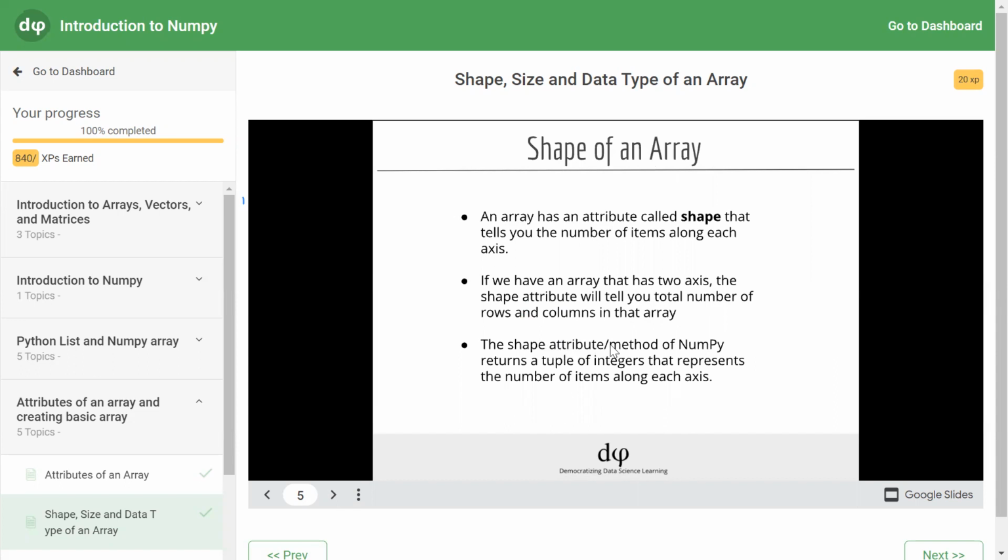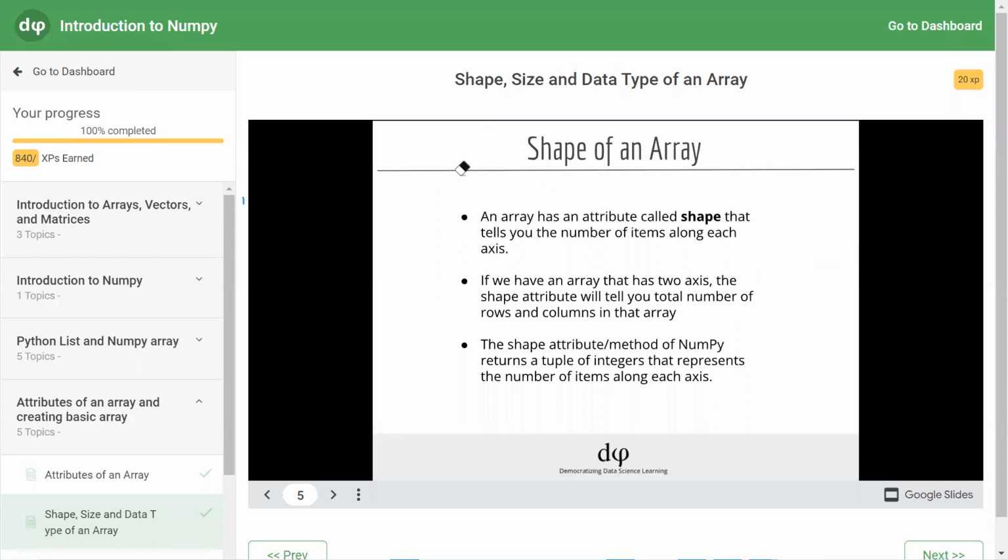The shape attribute of a NumPy array returns a tuple. So what is a tuple? A tuple is written in opening and closing parentheses. It is immutable. If it is a two-dimensional matrix, then it will contain two elements. The first element will act as the row number, how many rows. The second element will act as the column number.